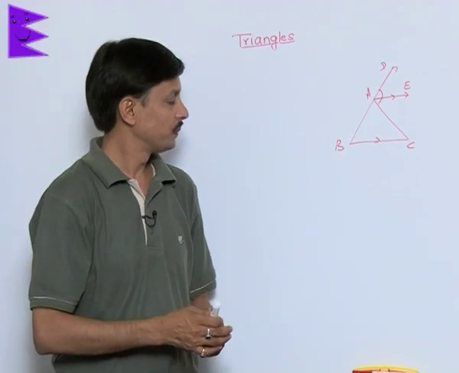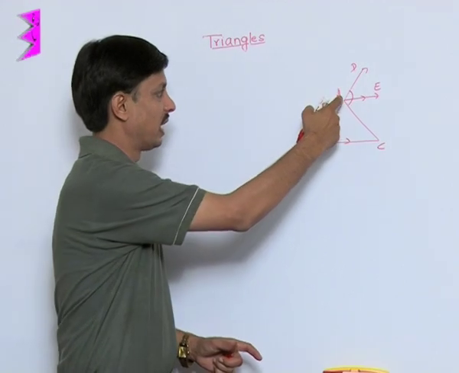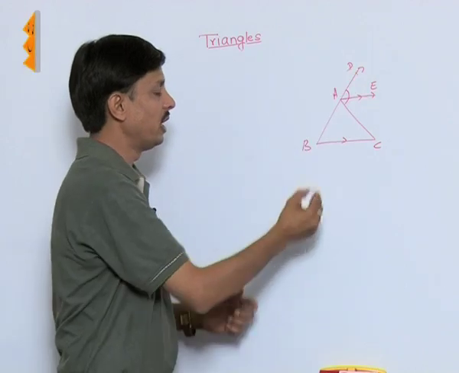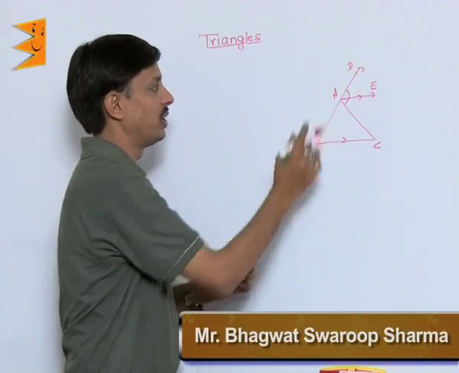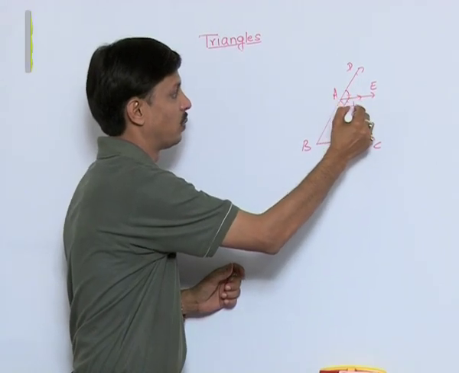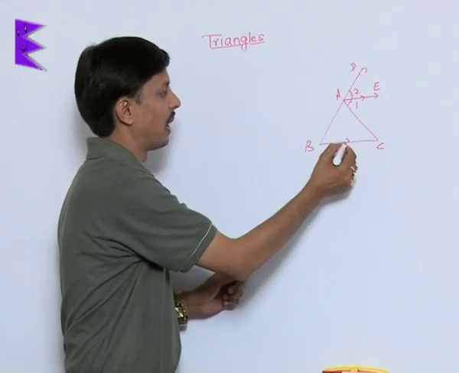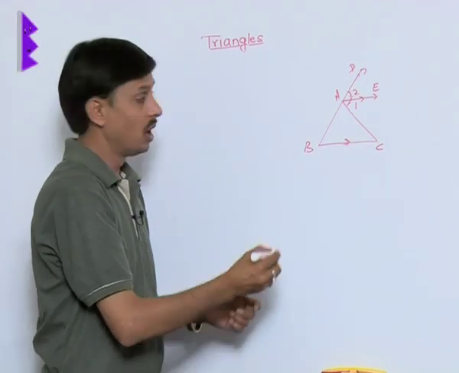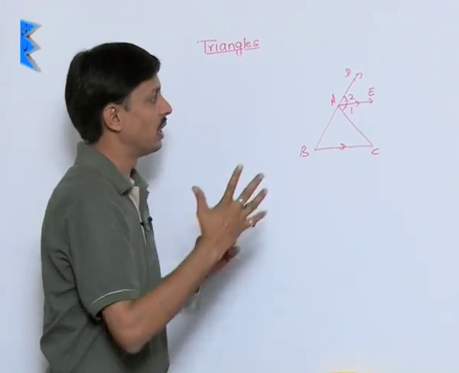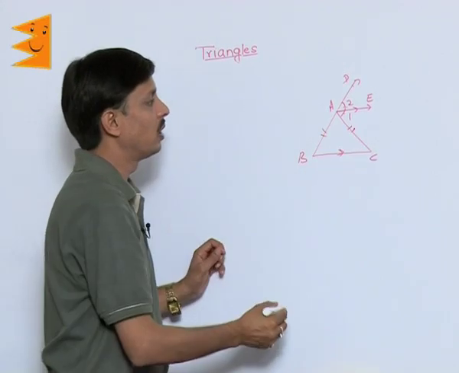Now one more question I am writing here that you can listen to. In triangle ABC, side BA is produced to point D so that the exterior angle CAD forms. The bisector of this exterior angle, that is, angles 1 and 2 are equal, is parallel to BC. We need to show that this triangle ABC is an isosceles triangle. That is what we want to prove: AB is equal to AC.